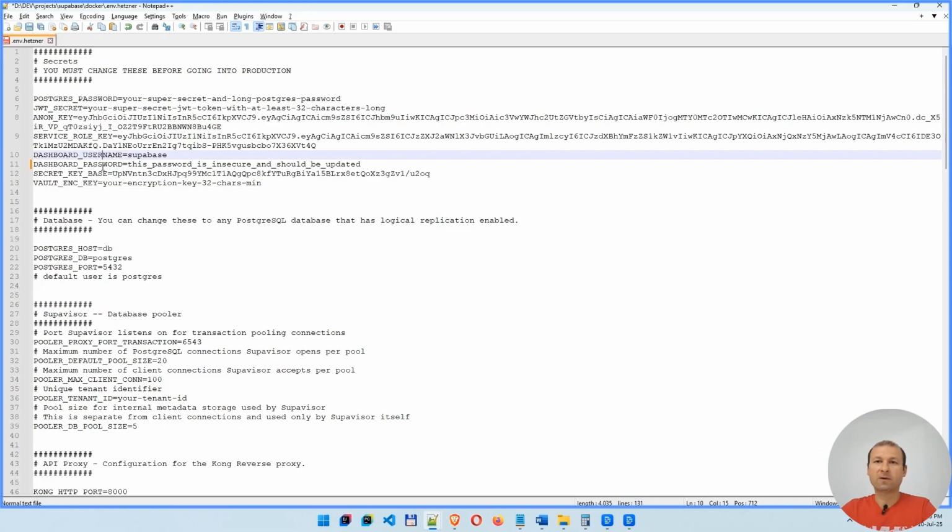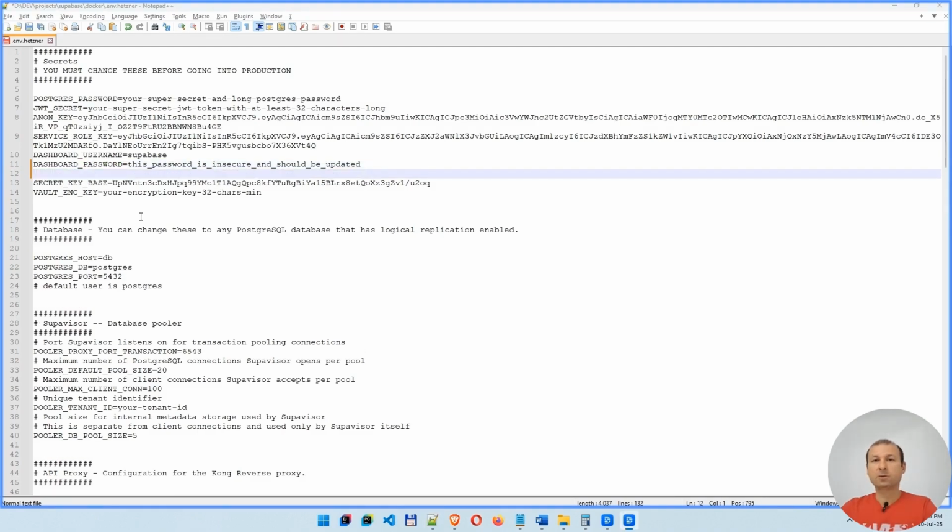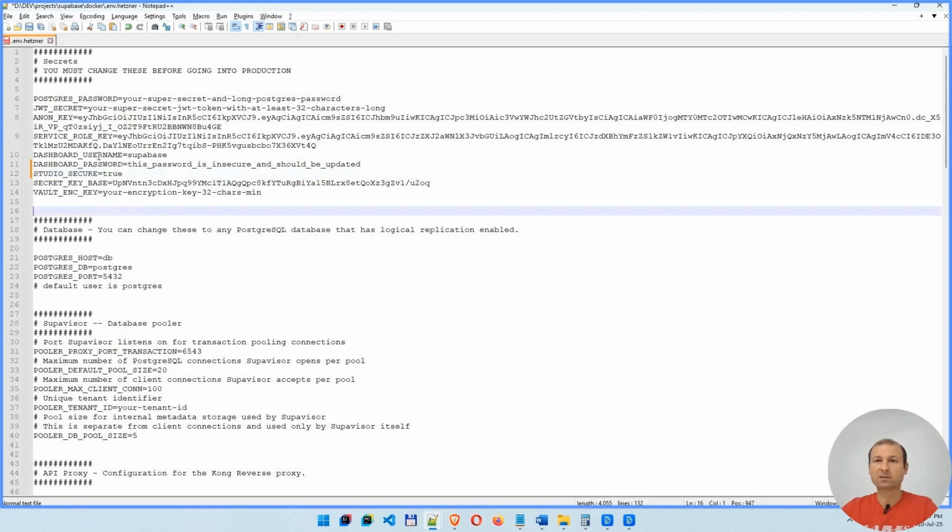And a quick and very important note here. I saw there are some versions of the Studio container that do not ask for the username and password when you try to access the Studio. And you can overcome this security bug by adding this new parameter here, studio_secure equals true,